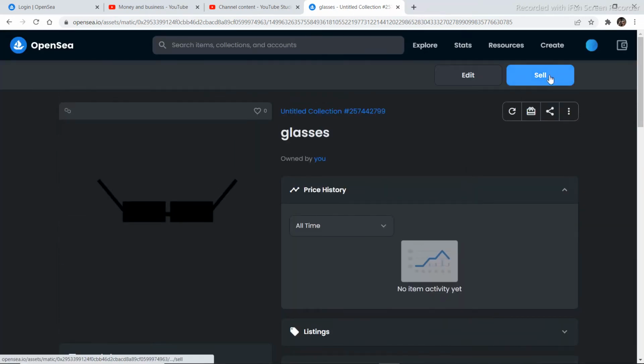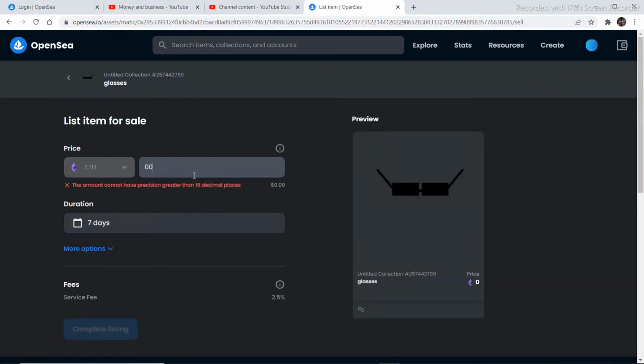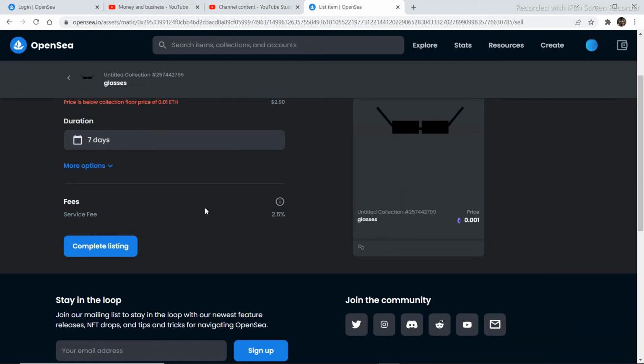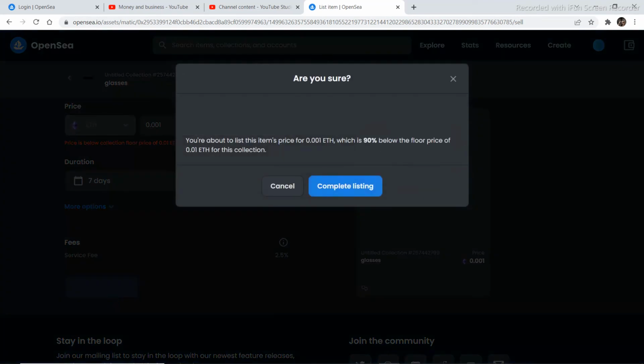So we click on sell and then decide an amount for your NFT. I'm going to go with $2, that is 0.001, and I'm going to list it for 7 days. And this is our output. Then we have to click on complete listing,